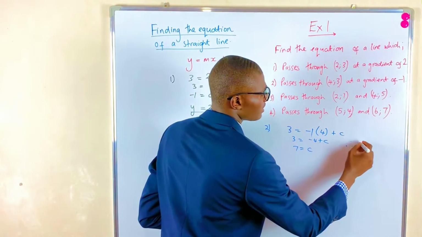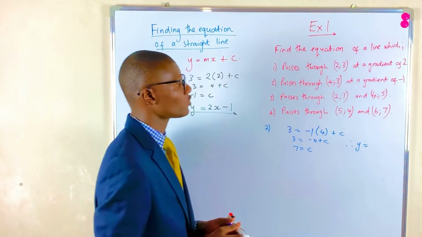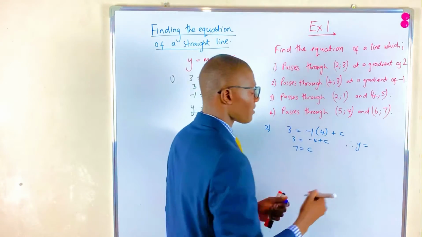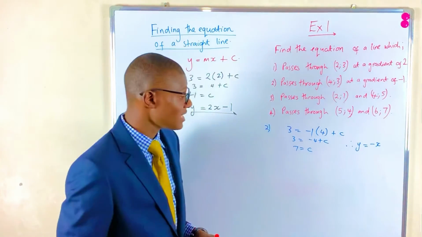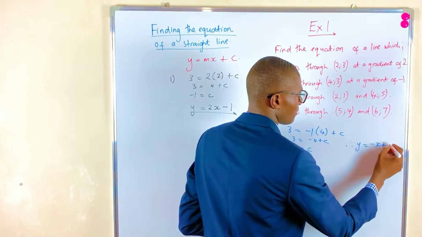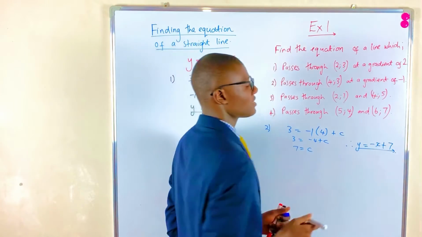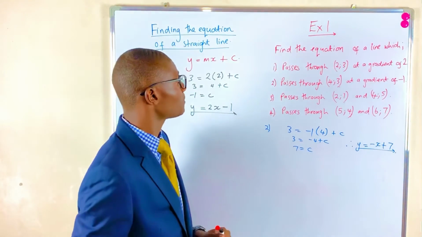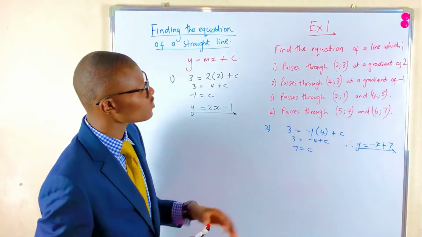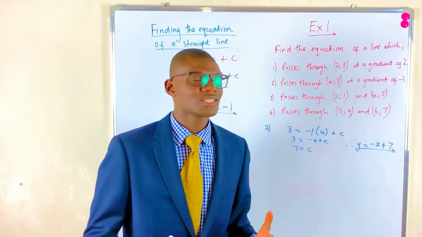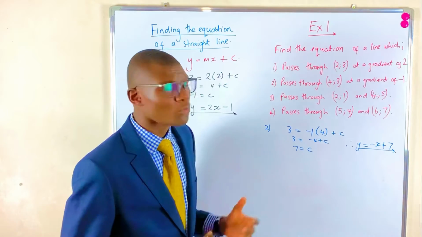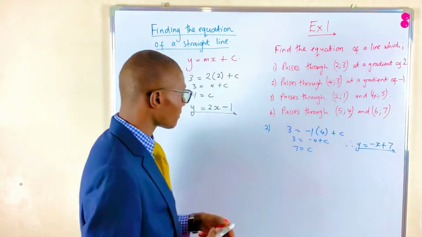Such that the equation will be y is equal to m, which is minus 1, times x, then plus c, which is 7. So plus 7. This would be the equation of the straight line. Now moving on to number 3. For these last 2 examples, these are scenarios whereby we'll be just given 2 points, right? So for number 3,